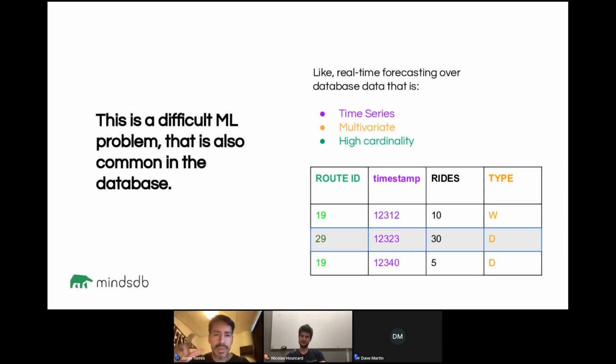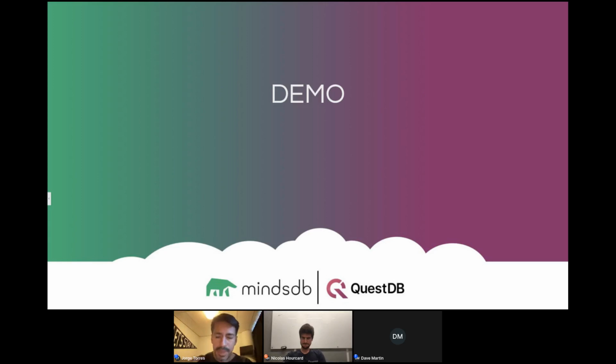If you were to solve this problem in the traditional approach, you would train a model for each particular route, but that is unviable to put into production because you're not going to maintain 1,000 or 2,000 different models. So this problem, where you have high degrees of cardinality, multivariate data and time series, can be solved with MindsDB. And now imagine that the resolution you had for each particular route was not by day, but by second or by hour, but you actually want to make the forecast by day. That's when QuestDB brings a lot of power to the table, because then you can do this type of aggregation in one simple syntax.